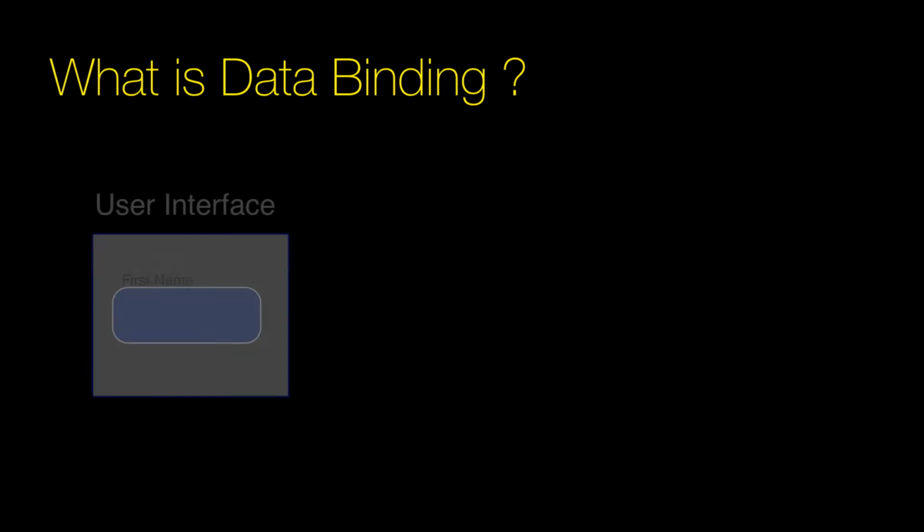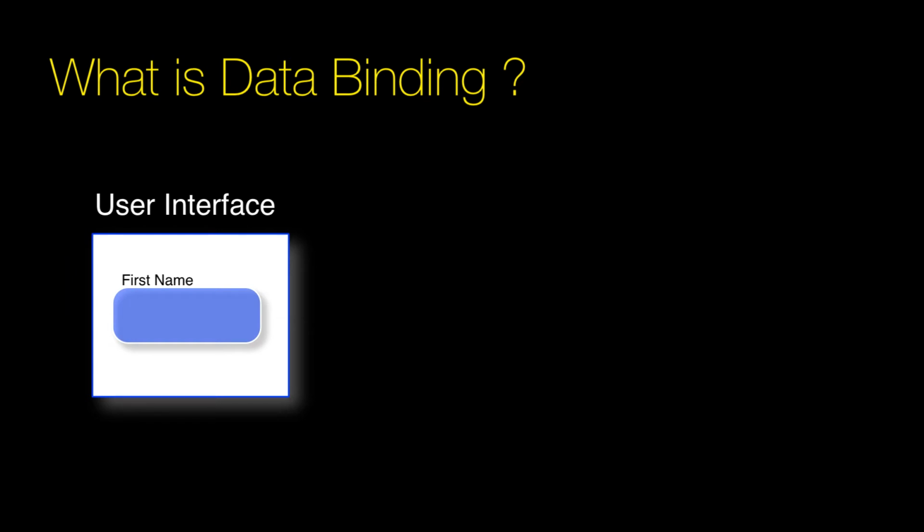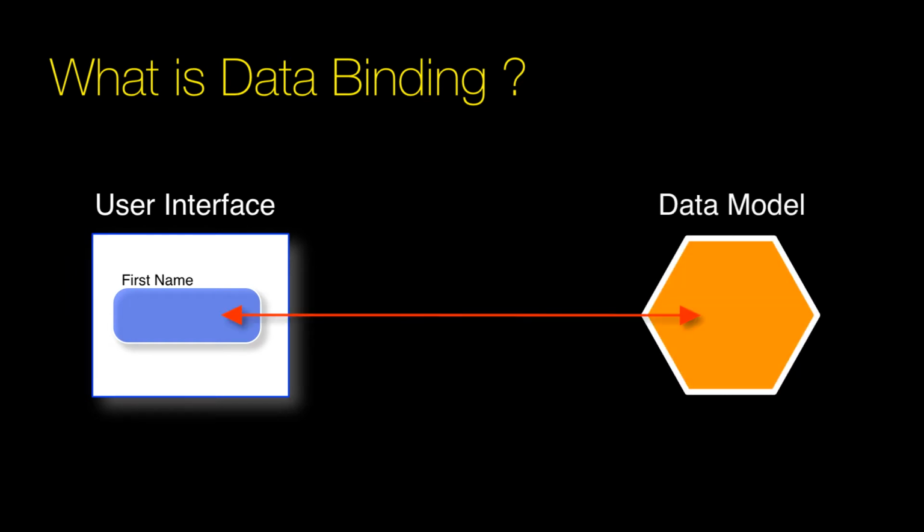So let's say we have a user interface component and it is an input field, and we have a data model. And let's establish a data binding between the value of that input field and a property in the data model object. And that property is going to be called first name, as you see here on the screen. The value of that property here visually will be illustrated by that blinking circle. And what happens here once the data binding is assigned, anytime a value is placed into the data model, that value is automatically replicated as the value of the input component.